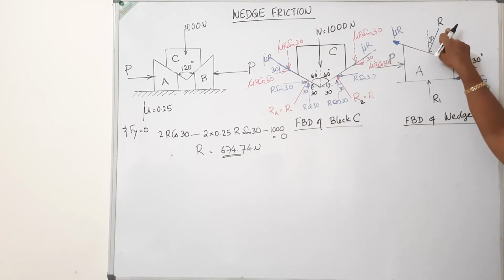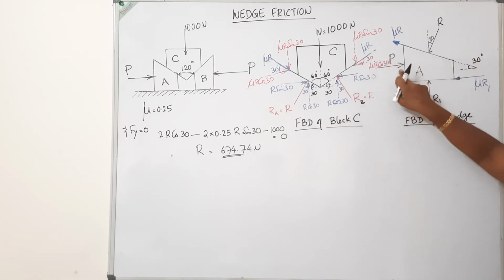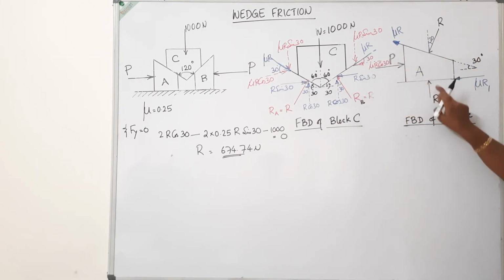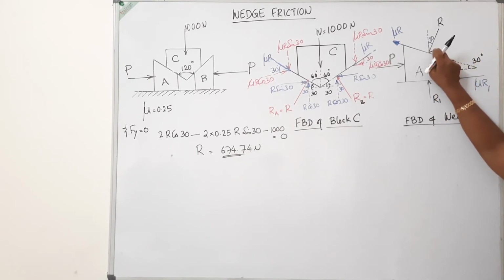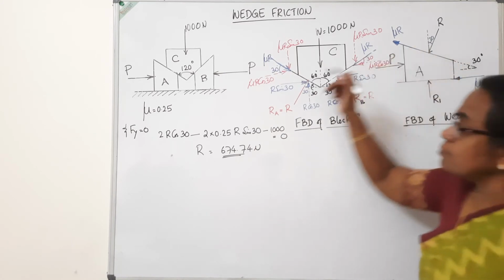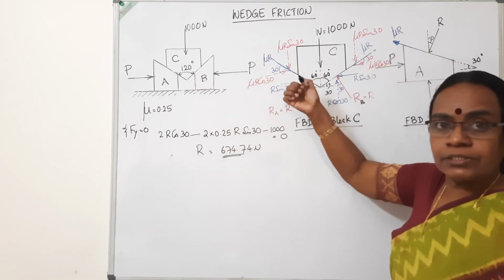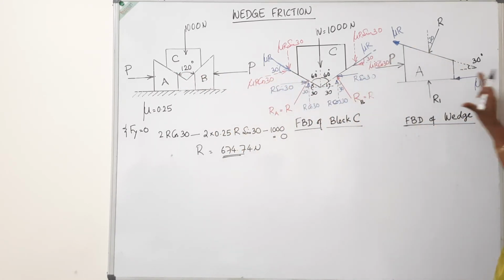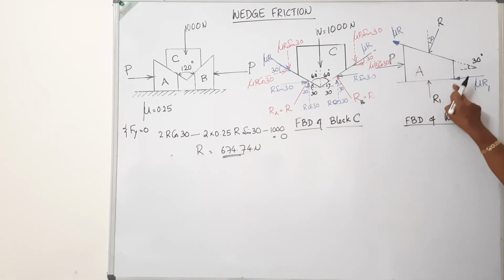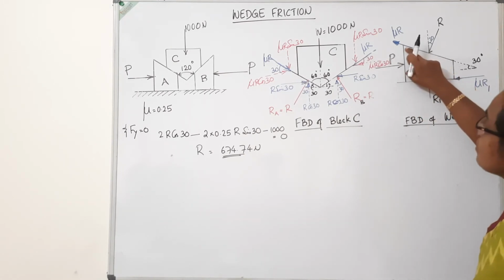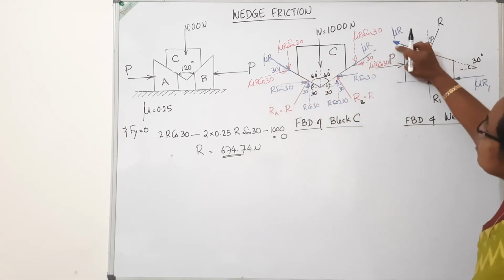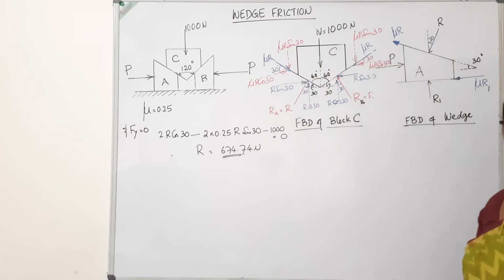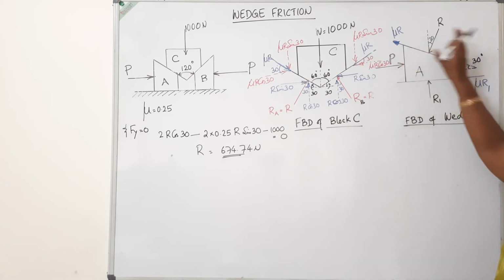Okay, so we have marked the known forces. Horizontal force P, the normal reaction R1 between the two surfaces, the normal reaction from C to A. Now what about the friction? How is the wedge moving? The wedge is moving towards right. So the frictional force will be acting towards left. So this is the frictional force here. Similarly, the frictional force in the surface here is downward, so this should be equal and opposite. So this will be the frictional force at the inclined surface.